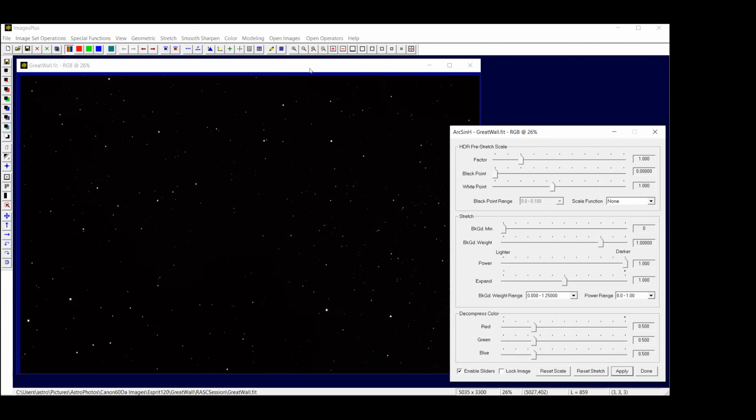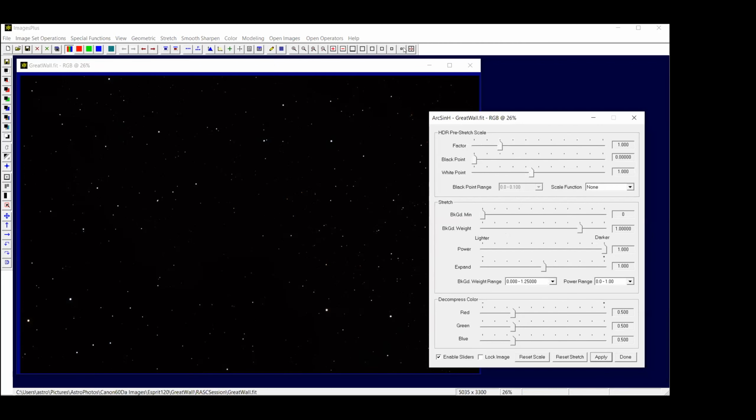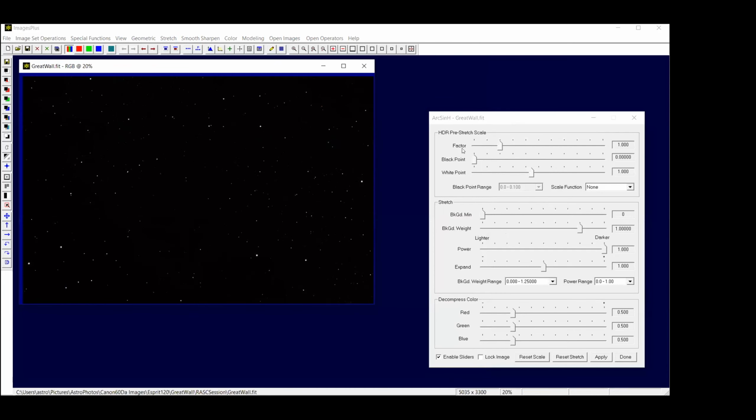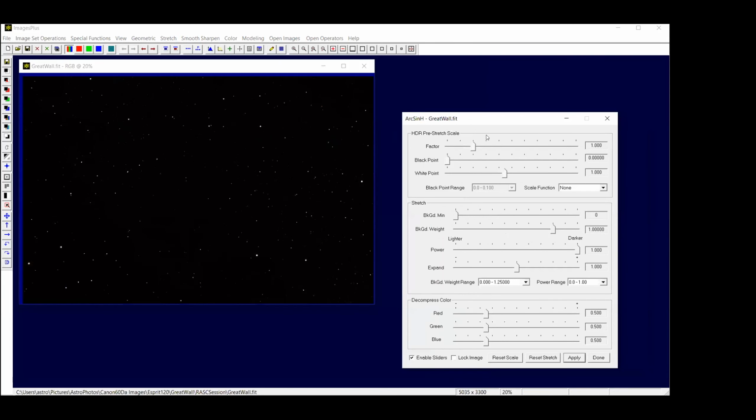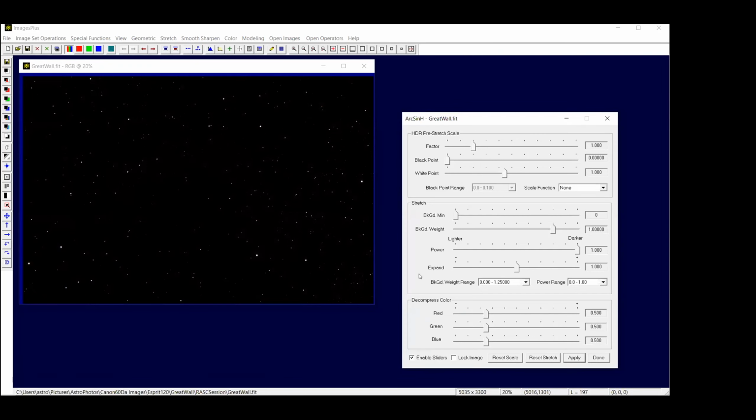So this is the ArcSine stretch window here. I'm just going to shrink this down a bit. There we go. And ignore this prescale section for just a moment. This section here controls the stretch. So power, the gentleman that wrote this, Mike Unsold, has an interesting view on things. What happens is when you look at the ArcSine stretch, the number that actually controls how much the image gets stretched